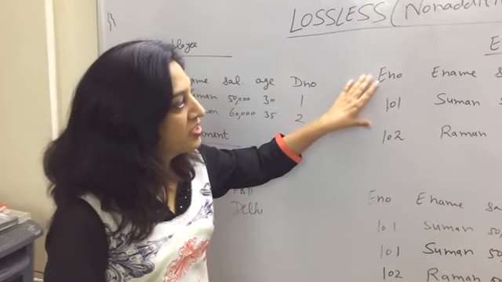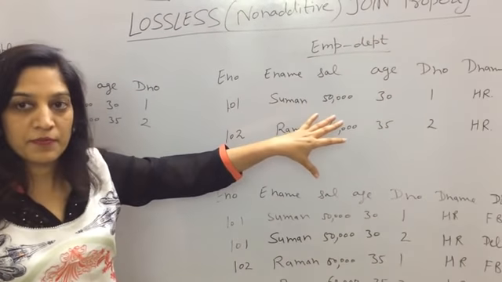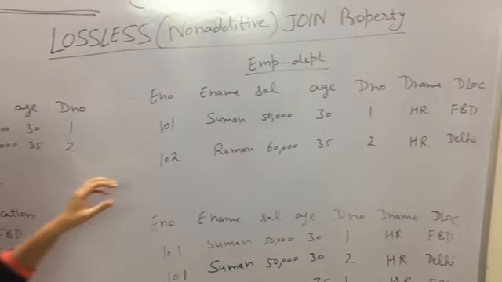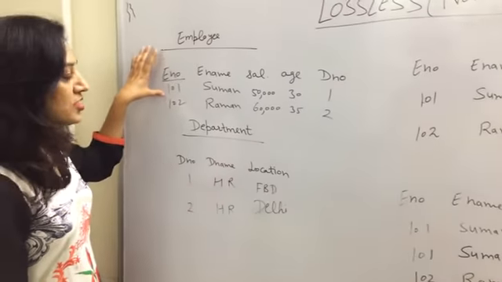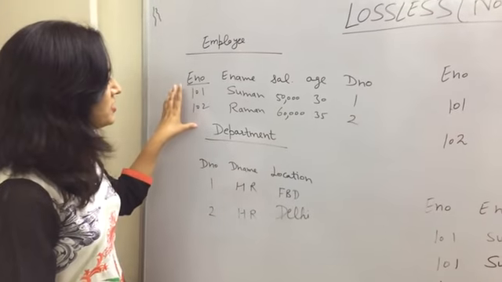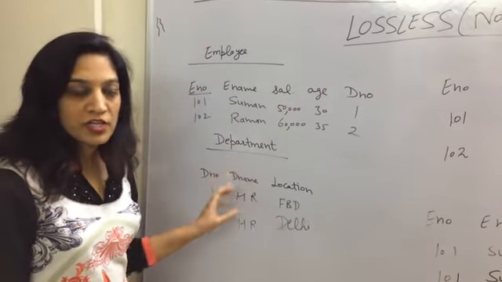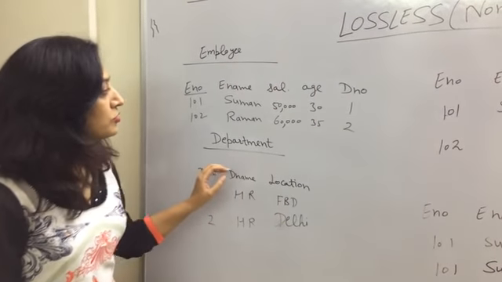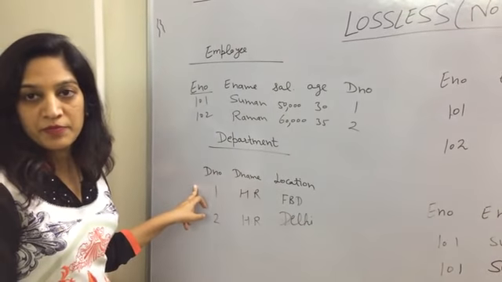Say we have a relation employee department. It has combined information about employee and department. And as we know, we have to decompose it further. So when we decompose it, I decomposed it into two relations, employee and department, and you will see that here the common column is DNO. We have to take some common column so that we can put them back together. So the common column is DNO, and DNO is the primary key in the department.